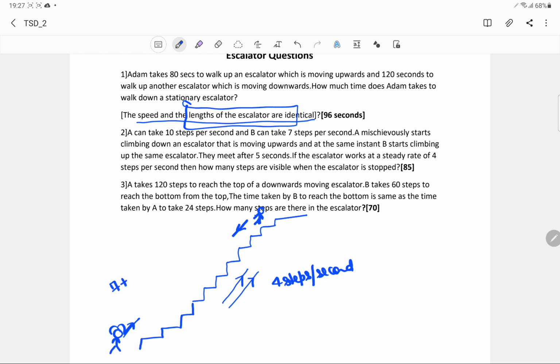So 7 into 5 plus, because it is moving in the direction of the escalator, 4 steps for 5 seconds of the escalator will also add up to it. This would be 35 plus 20, which is nothing but 55. So after some point,